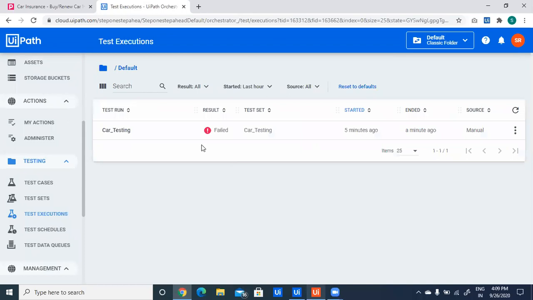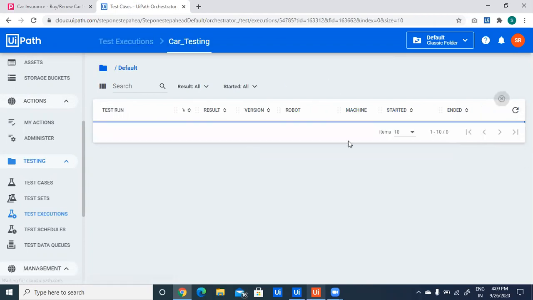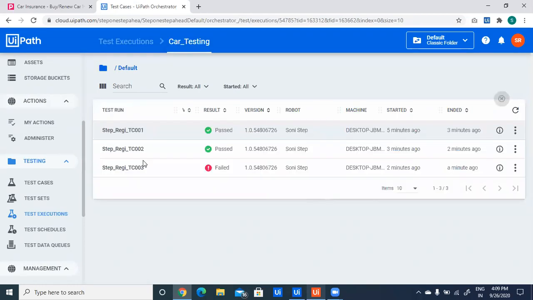Under test executions, as we can see, our test result has failed. To get a detailed understanding, click on these 3 dots and go to details. We can see we have 3 test cases: 2 test results have passed and 1 test result has failed.